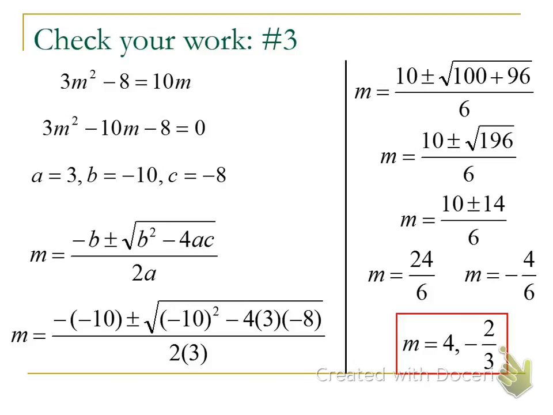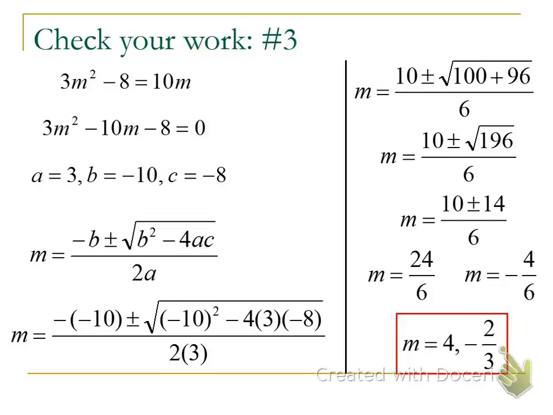So you're going to sub in negative 10 for b, so that becomes a positive 10, because the opposite of negative 10 is positive 10, plus or minus the square root of negative 10 squared, which is 100, minus 4 times 3 times negative 8. And negative 4 times 3 is negative 12. Negative 12 times negative 8 is positive 96. Okay, and that is all over 2 times 3, which is 6. So at the top of the right hand of the screen here, you see I have 10 plus or minus the square root of 100 plus 96 all over 6. Well, 100 plus 96 is 196,